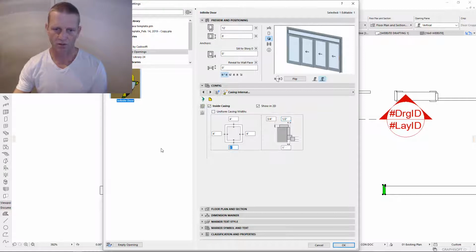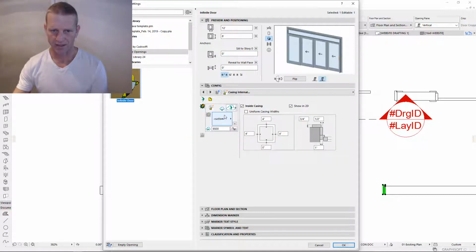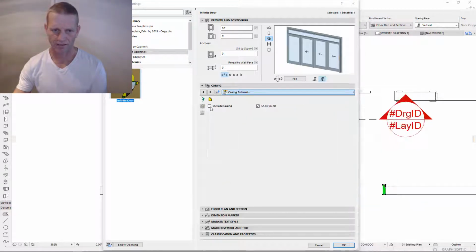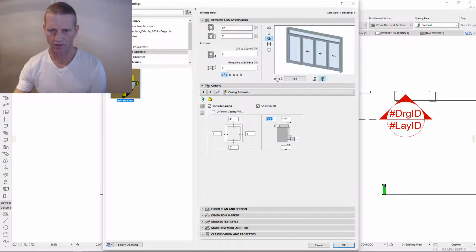And because it's a door, the bottom element is turned off by making it 0. If we put a sill in here, the sill would cut the casing, but we're not putting a sill in at the moment, so we have to make sure we turn that bottom element off. Okay, let's save that as our 8500, upload, download, and lock. Now let's go to our external casing, do the same thing. So we've got our 4 by 3/4, 1/2 and 1, 0 at the bottom,